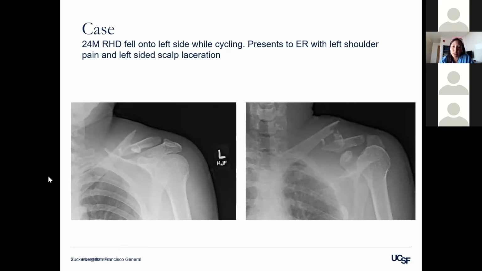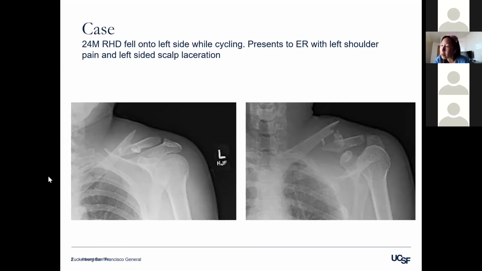Oftentimes these patients get x-rays in a supine position. In this case, it's clearly displaced, but if you have patients who are on the border, getting upright x-rays can further show the maximal amount of displacement, to help with your counseling. In terms of skin tenting,